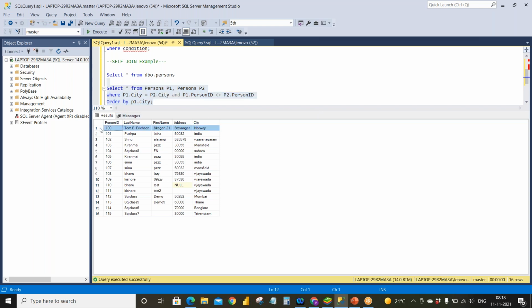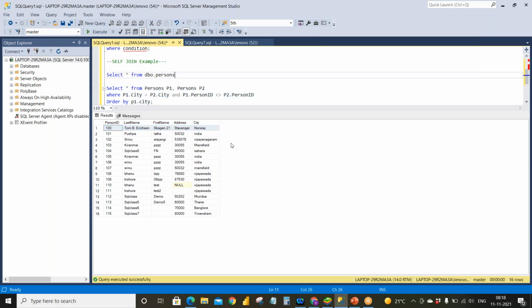suppose you take this person ID 100, the city is Norway and Norway is not repetitive. In this case, this result will not get applied. I need only the data where the person's city is similar. So that's why 100 will not appear.